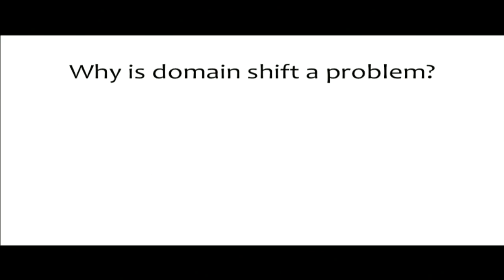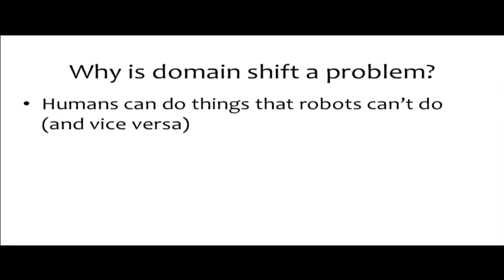And the main challenge that comes up when you try to move beyond kinesthetic teaching is that if a human is doing the task and a robot is watching the human doing the task and is trying to imitate that, there's going to be a domain shift problem. What this is, first, is that humans can do things that robots can't do, and vice versa. So if a robot is watching a human do a task, it shouldn't necessarily do it in the same way that the human does it.